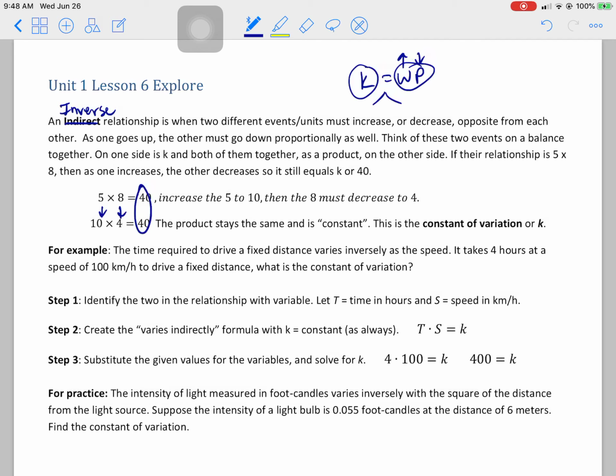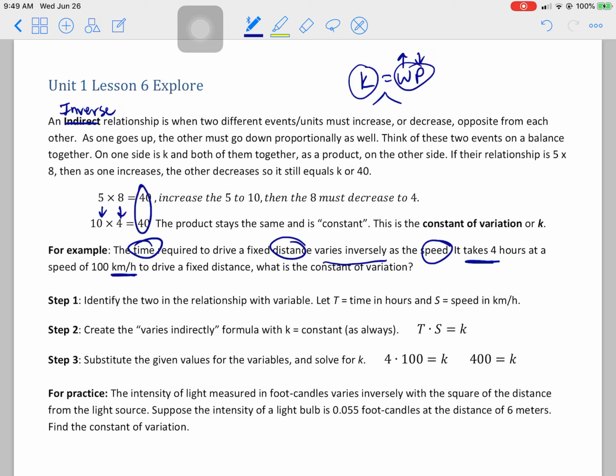For example, time required to drive a fixed distance varies inversely with the speed. So the time required. If you want to put D for distance, that's up to you, but the problem is that it's going to get a little confusing because this is kilometers per hour. So either one would work, time or distance. Right here, it takes 4 hours at a speed of,